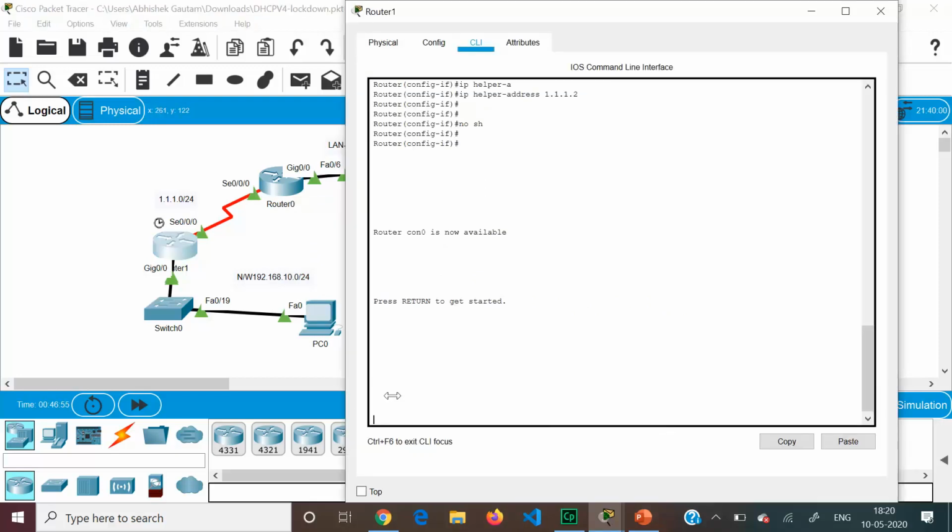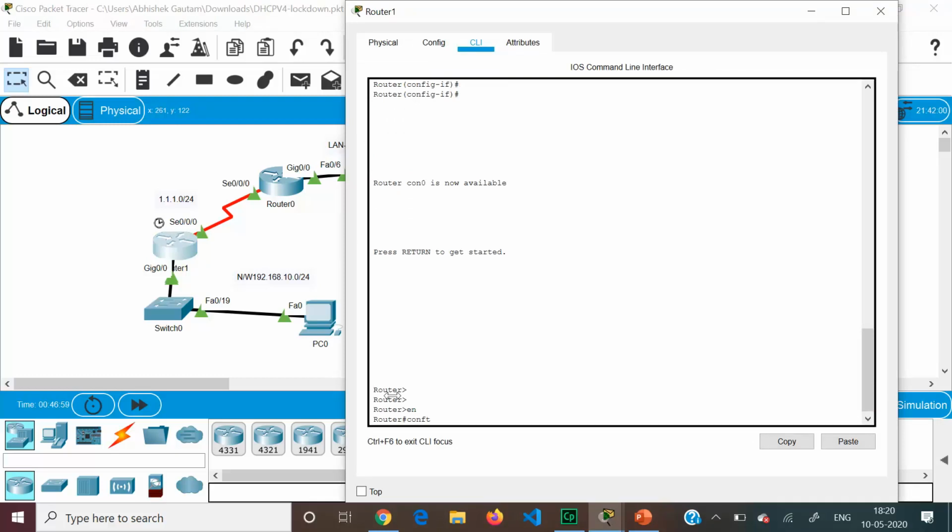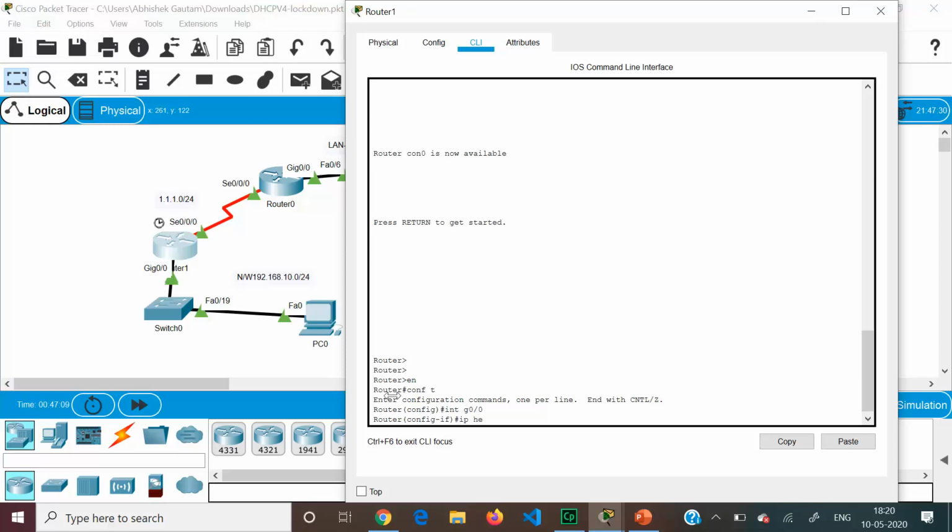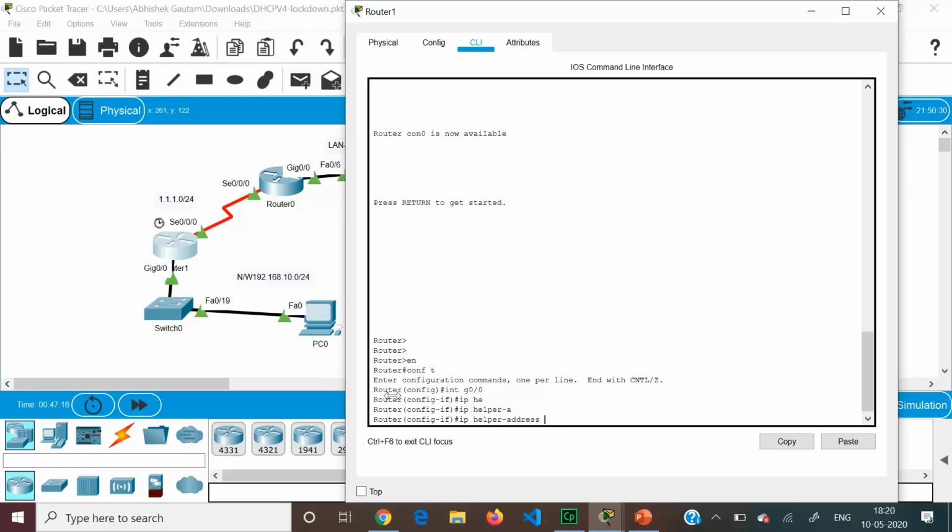So on router 1, we need to configure it as a relay agent, so that on interface G0/0, whenever it receives a DHCP discover message, it can take help from this particular router. So you need to use the ip helper-address, which is 1.1.1.2.